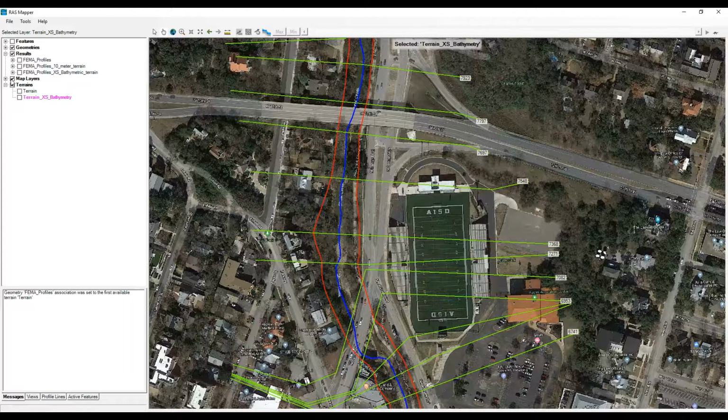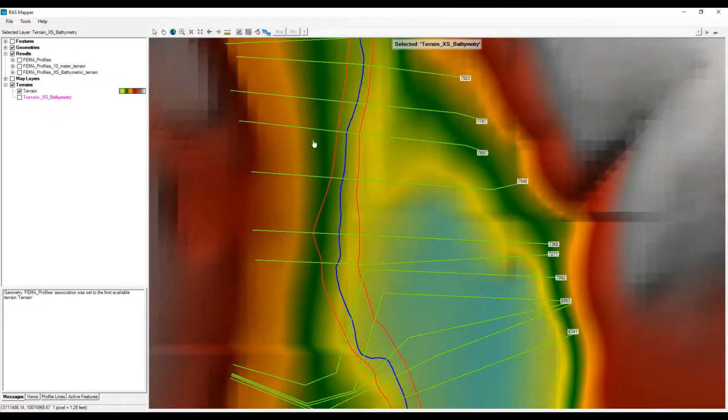And at the time of building the model, the only terrain that I was able to find was a 10-meter terrain. And as you can see, it's not that great because the minimum elevation occurs over here on the overbank, but we should have the channel located right here. So when we plot the results on top of this terrain, you can see that the results are only shown here. And the reason that's happening